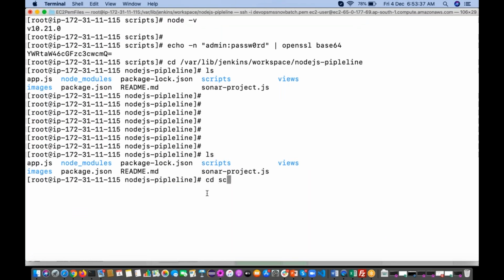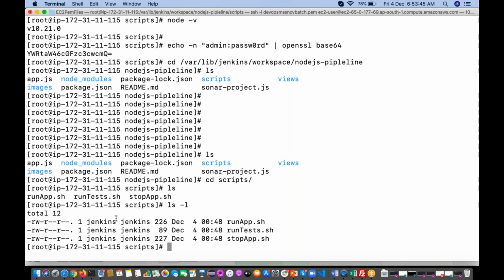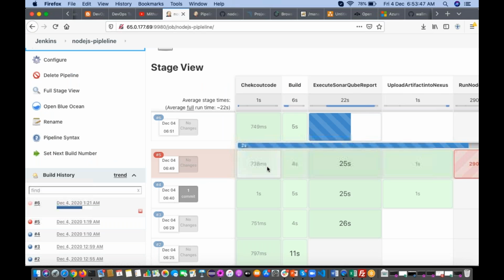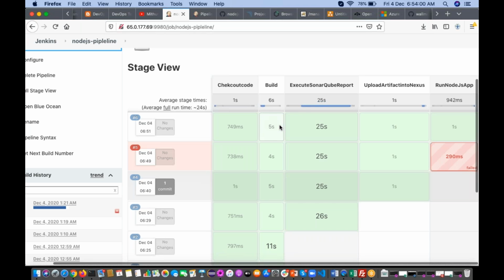See here also you can go and see. See, this one is there, no? Right now we don't have any execute permissions. You see, now it is successful.